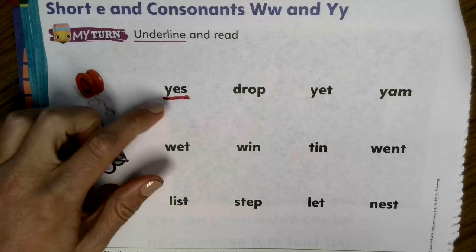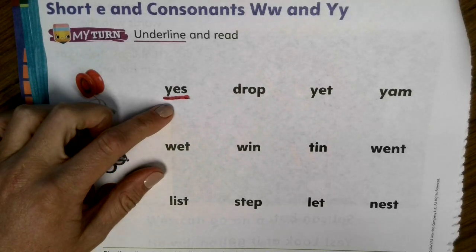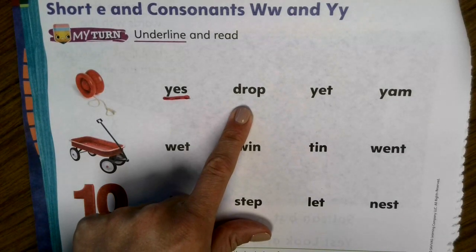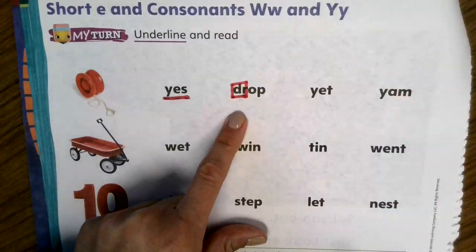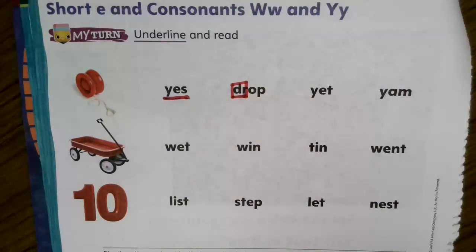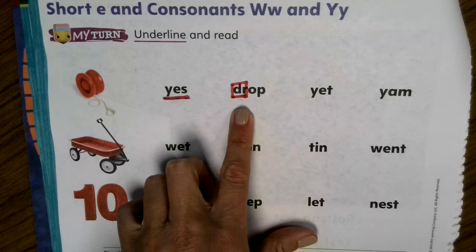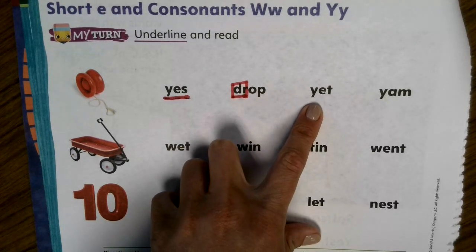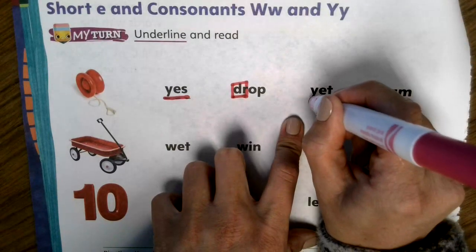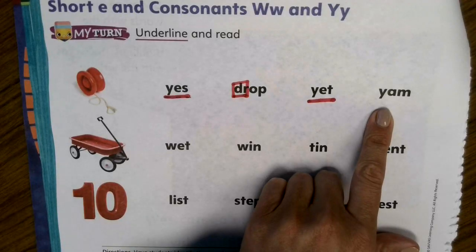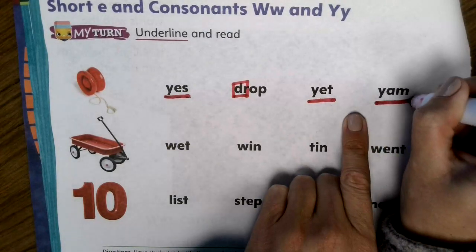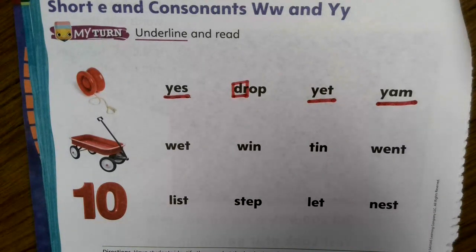So my yo-yo, I underline my word yes. I have the word drop. This is a blend that we worked on last week, d-r. So I'm just showing you that we will be seeing those often. It does not have a Y in it, so I'm not going to be underlining it. But then I have the word yet. So I'm going to underline the word yet because it has the Y in it. And then the last word in this row is the word yam. So I will for sure be underlining that word because it also has a Y for the beginning sound, the